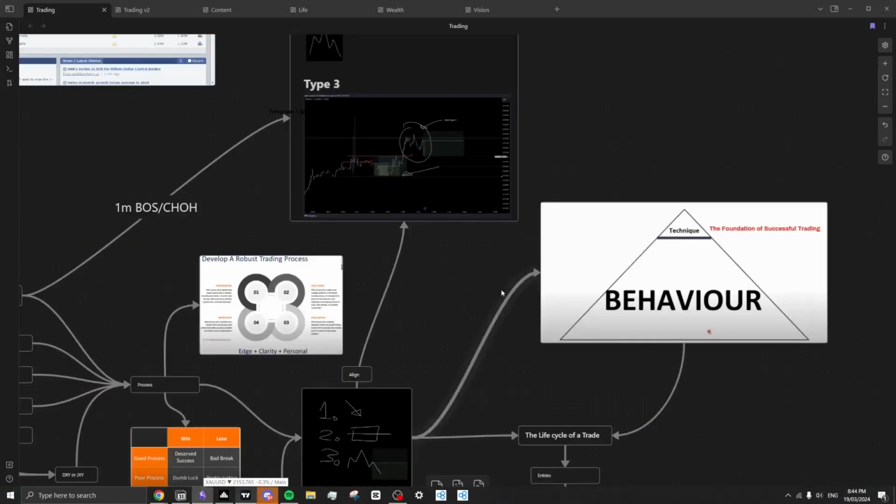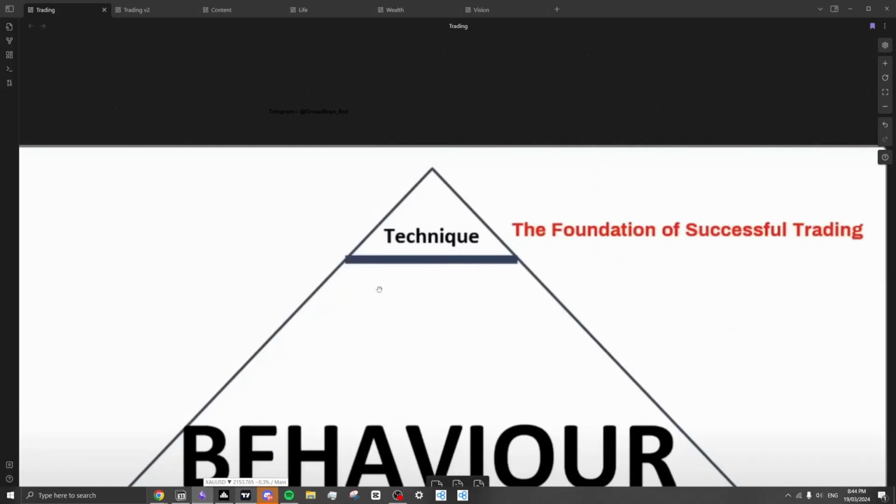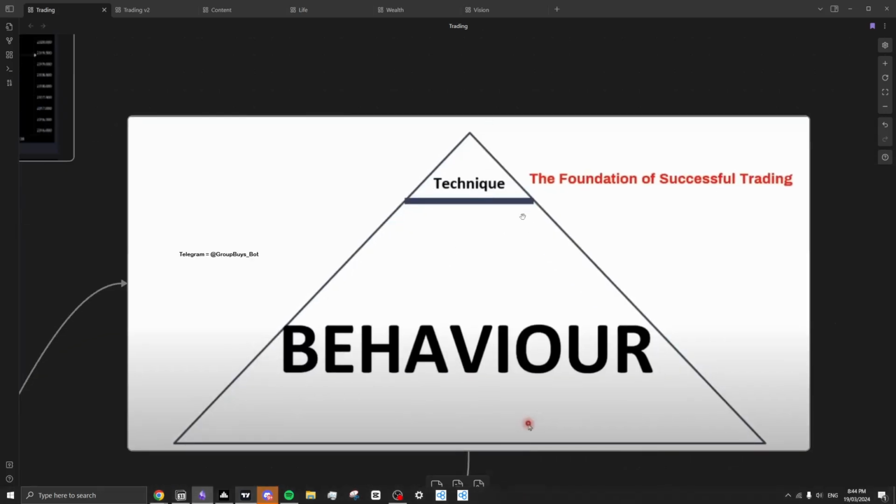So that's technique. All that information is the peak. This is the easy, the fun part. It'll come just with experience. You'll get good at it. Once you've got that under wraps, it can take a couple of months, then it's just behavior. This is the hard part, the big part that most people fail at, but they don't understand that they're failing at this. I think it's this. It's not technique most of the time, it's your behavior.